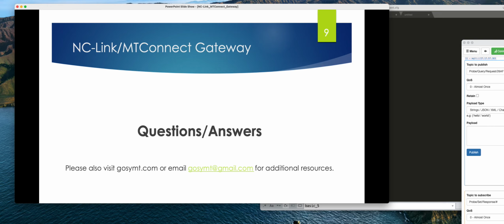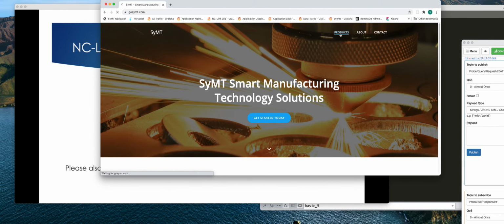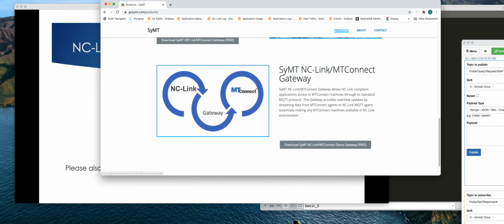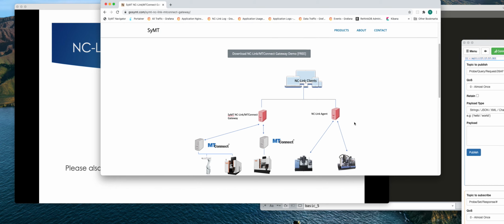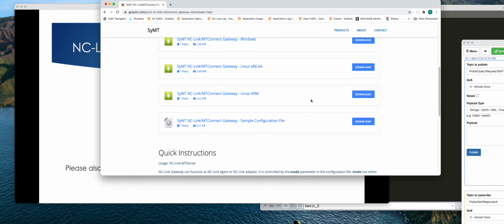The gateway is available to download as a demo. You could go to the location, which has the information. You could also download the trial version.